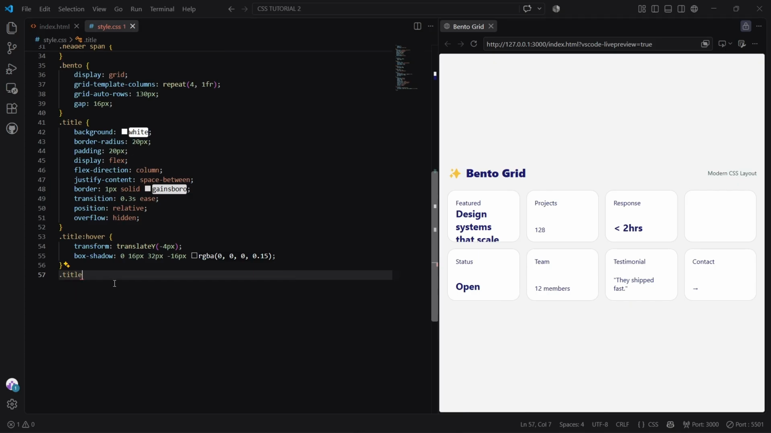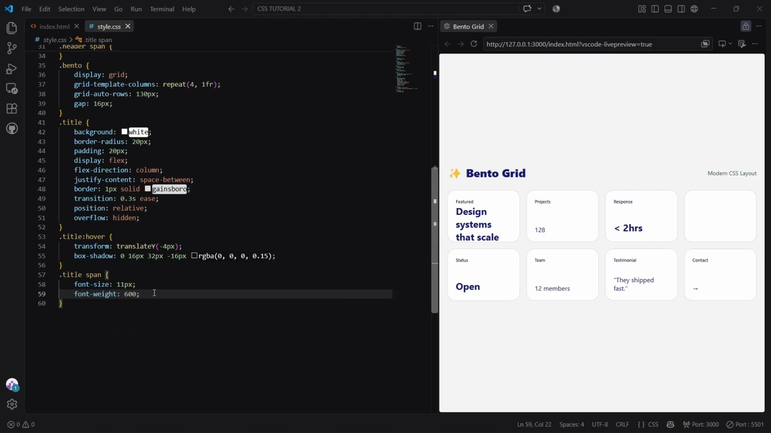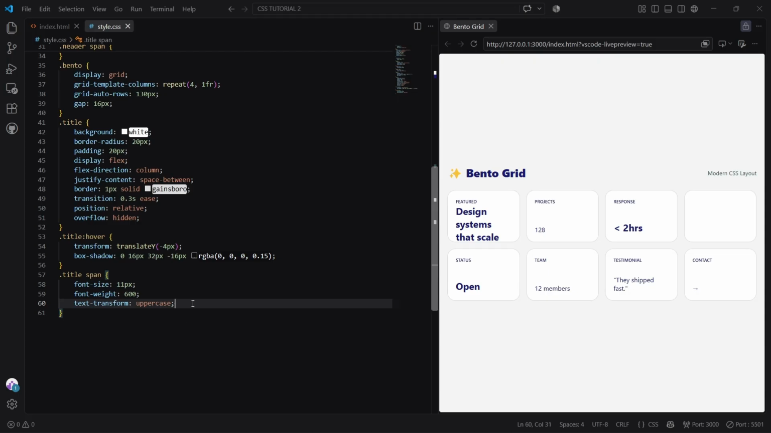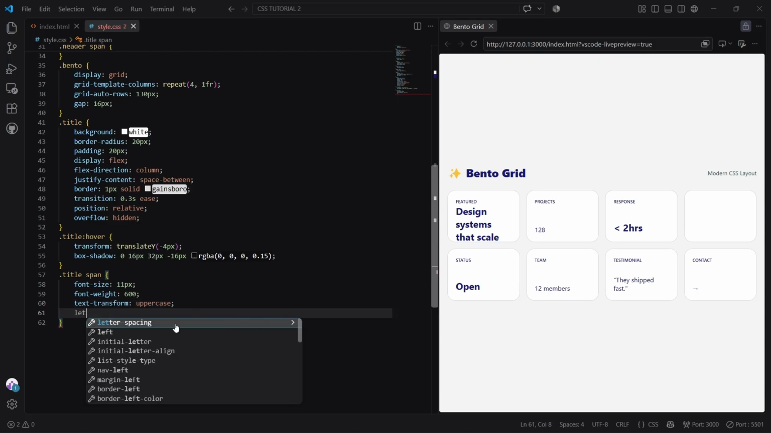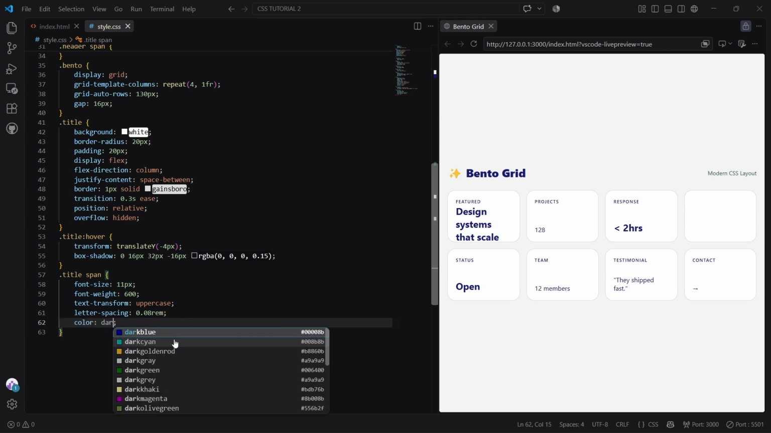Next, let's style the span elements inside our title cards. Set the font size to 11 pixels and use a font weight of 600 to make the labels slightly bold. Then, use text transform uppercase so all labels appear in capital letters. Add 0.08em letter spacing to give the text more breathing room, and finish with a dark slate gray color